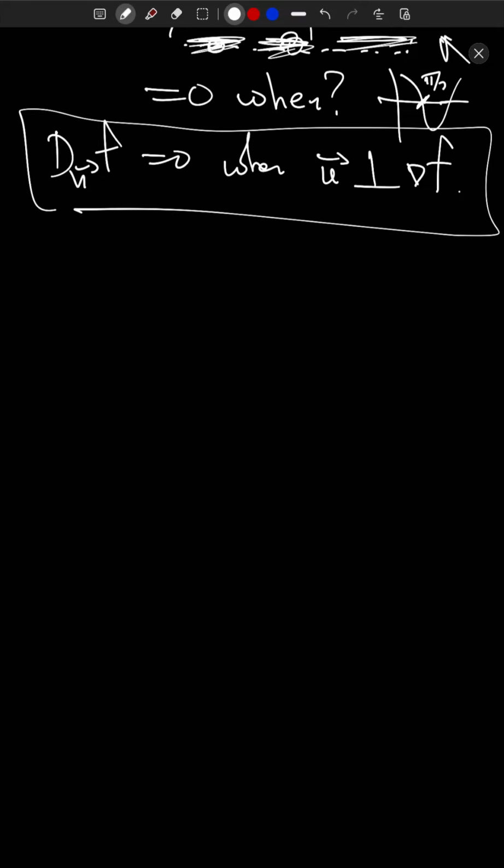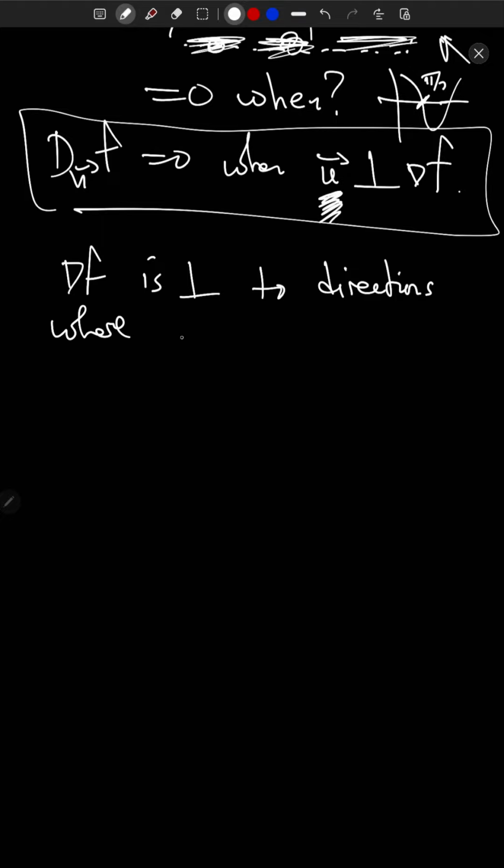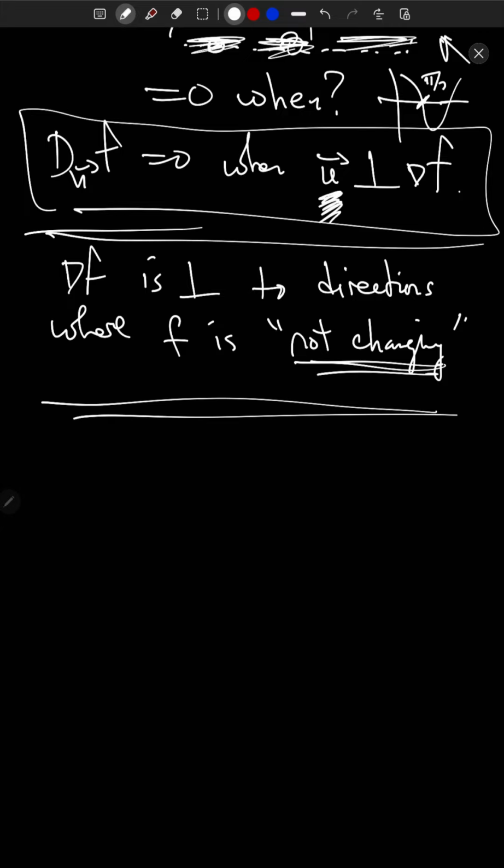So the gradient is perpendicular to, in a way, the directions where your function is not changing, in quotes. All right? Let me write that down. Gradient f is perpendicular to the direction where f is not changing. All right, this one is very, very imprecise compared to what we talked about, the steepest descent or greatest ascent. All right. Okay, now this one is particularly important though,